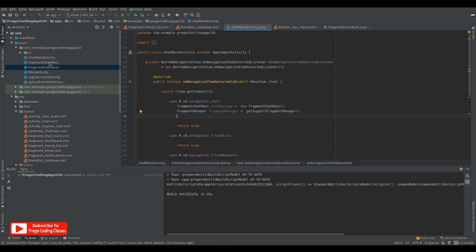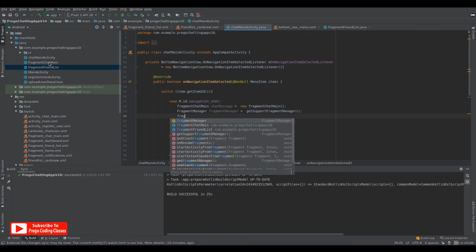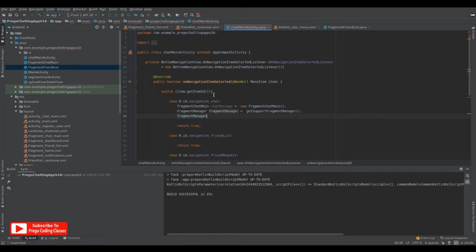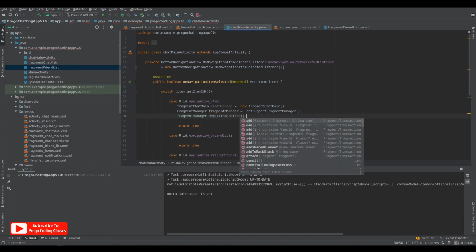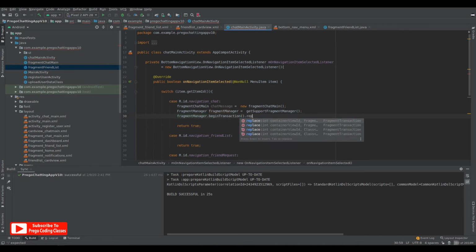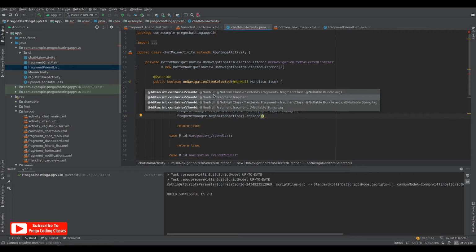Now underneath that we need to begin the transaction to show the fragment. So we need to do that by a fragment manager which will take care of this particular fragment. So the value for the fragment manager is over here, so we need to assign this, and dot begin transaction, and we can replace the frame layout with this fragment.